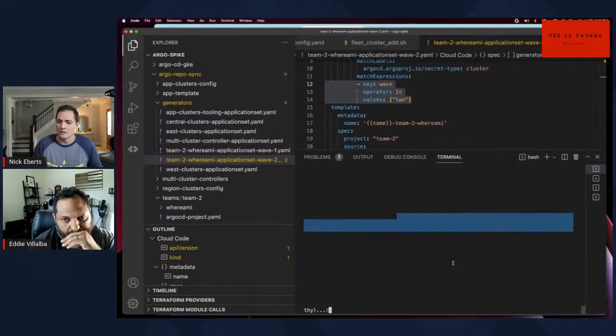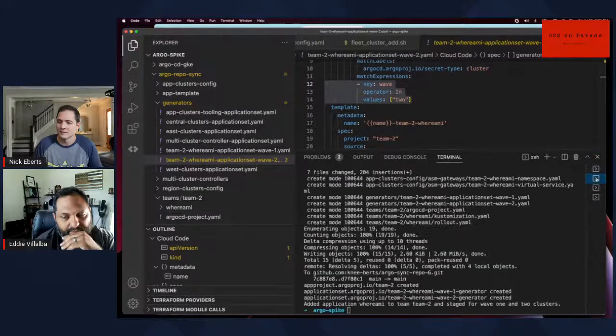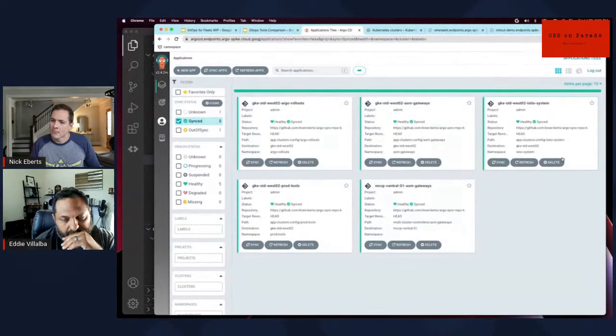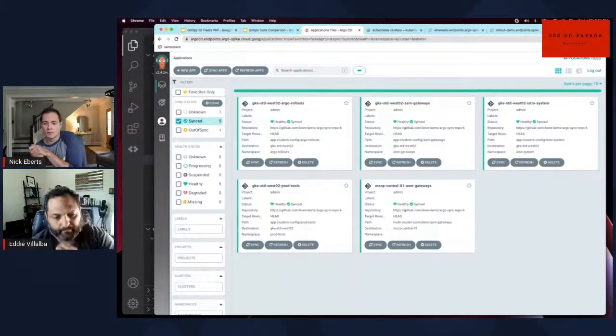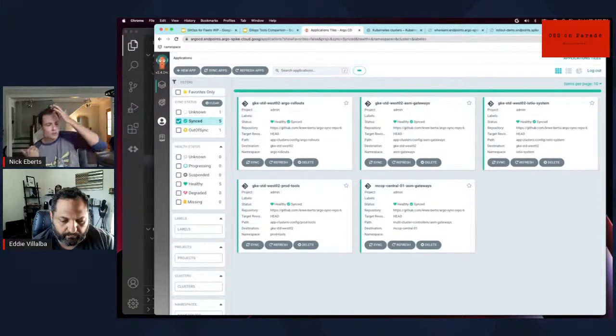That cluster install is still running. Something funky happened in my terminal, but that happens in VS Code. So my app should be rolling out to this cluster, but sometimes it takes a second to trigger. I actually set up, no, you know what, I didn't set it up with this one. What you can do to make this faster, because the watch is on a poll, I think a 30-second poll, is you could just create a